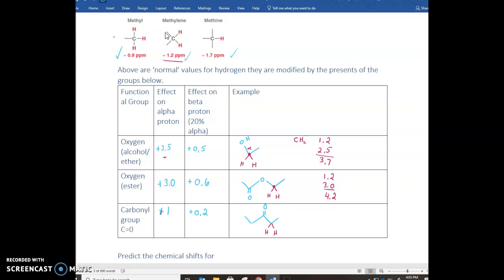These are methylene groups, so we would normally expect to see them at 1.2, but they are alpha. This carbon is alpha to the carbonyl group, so we'll have to add 1, and we'll expect to see it at 2.2. The actual here it says is 2.4. So, like I said, it's an estimate. So let's predict